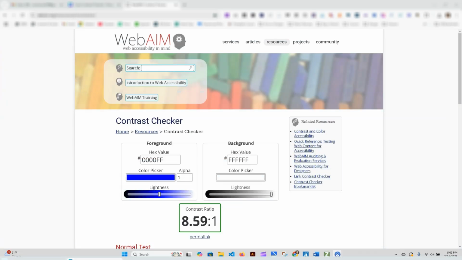This last tool I wanted to show you is WebAIM's Contrast Checker. This is an actual website, so it's a little trickier unless you know your hex codes, or if you are just starting out picking your brand colors, this might be a good tool to use, but you'd have to flip back and forth between web pages or your document and this to test. It's not as handy as the other two tools that you can have up on the screen at the same time. There's ways to do it, but obviously it's more convenient to use the other two tools.